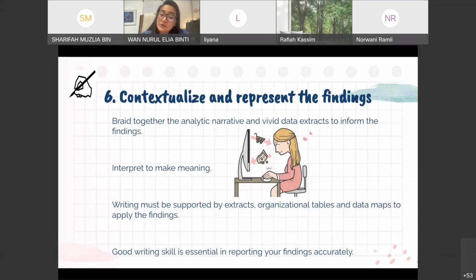So you can also put up some of the codes and the code categories in your writing to support your findings. And of course, good writing skill is essential in reporting your findings accurately. In any kind of academic writing, I'm not talking just about TESOL students here, for all the programs, you must have some basic writing skill, which I'm sure you all have.